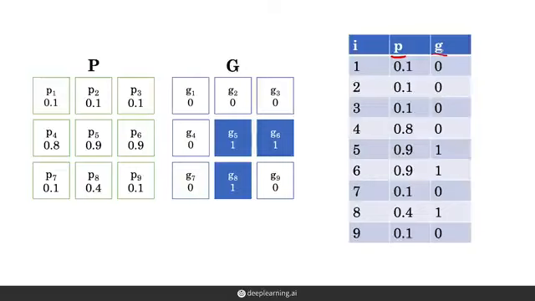We can represent the values of P and G over each of the pixels in a table. Here, each row of the table is a cell location along with their corresponding prediction value and ground truth value. For instance, I4 here corresponds to this cell over here, which specifies that the probability output was 0.8 and the ground truth was 0. Representing P and G in this table will allow us to more clearly understand the loss